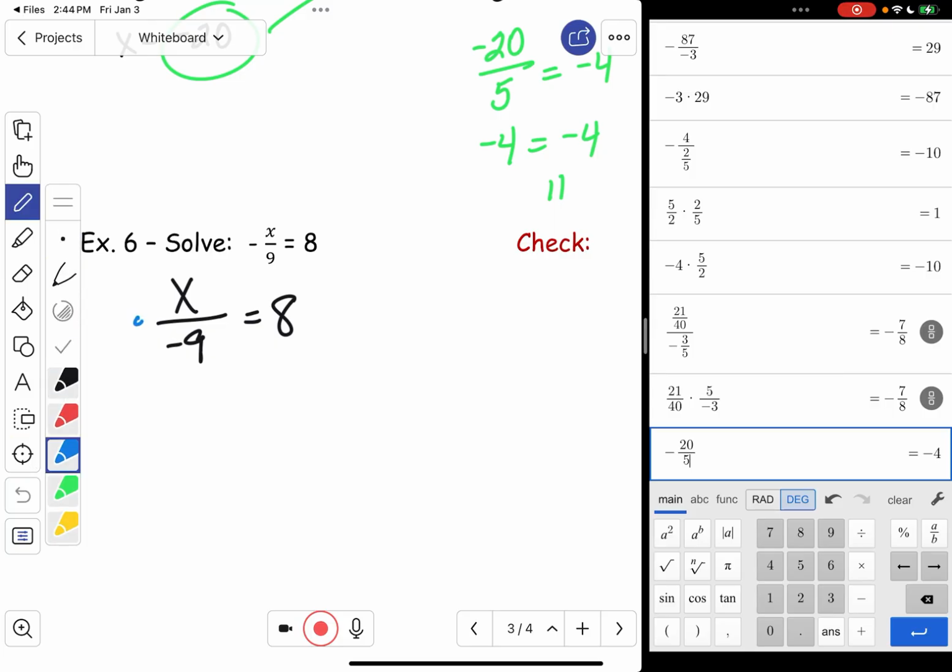The inverse is to multiply by -9. And if we do it to one side, we have to do it to the other. -9 divided by -9 equals 1, and 1 times x is equal to x. And again, if you need to use your calculator, 8 times -9 is equal to